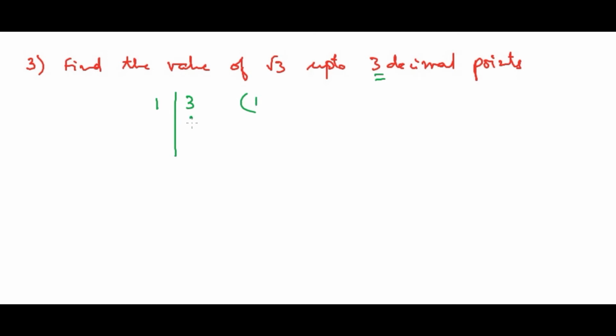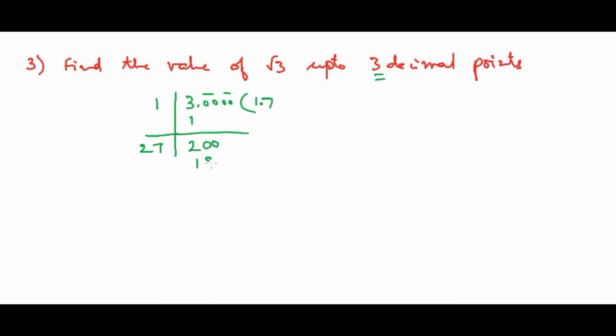So 1 1s are 1. Of course there are some zeros here. It's 1. So remainder is 2. I need to multiply this with 2. So 2 1s are 2, and I need to bring 2 zeros here. This is the concept. 200. Now I need to put a dot because I am proceeding after the decimal. So here it is 7. So I need to write 7. You need to check everything so that you can confirm with 7 here.